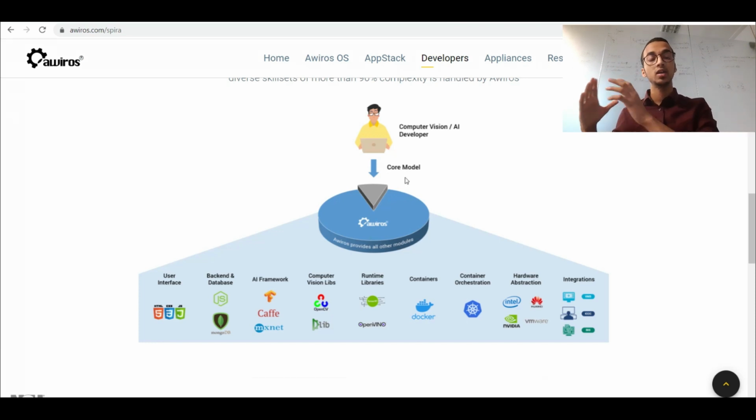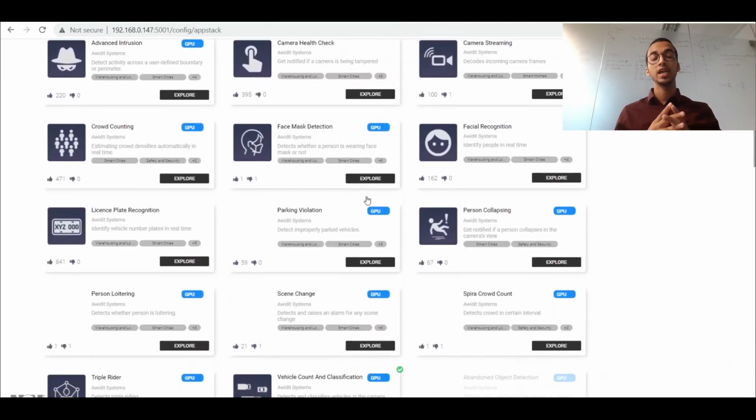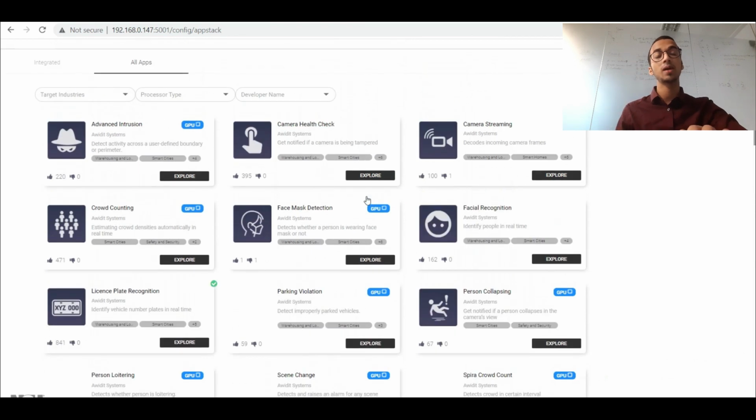Once we take the AI algorithm that you have built and convert that into a market-ready application, those applications will be visible in the Averroes App Stack, and basically it will give your app enhanced visibility to all the Averroes customers. And this is where you will be able to view it, and as soon as your application gets into the hands of a customer, you start earning revenue from it and you own complete rights of the algorithm that you built. So this is what Averroes provides to developers, and we will be bringing out more videos on how exactly you can push your algorithm and convert that into an Averroes app.